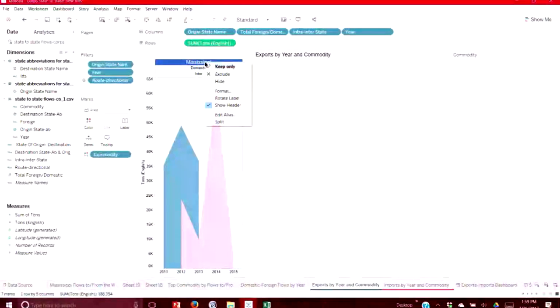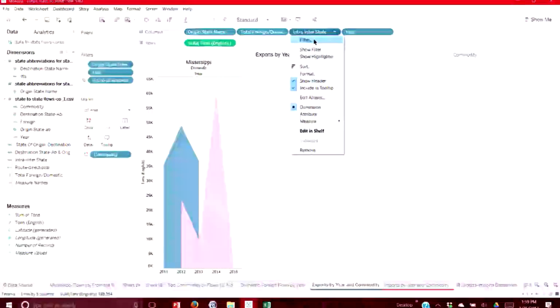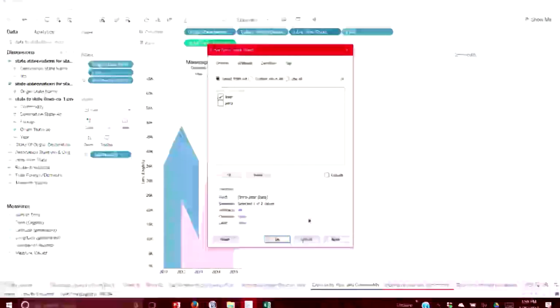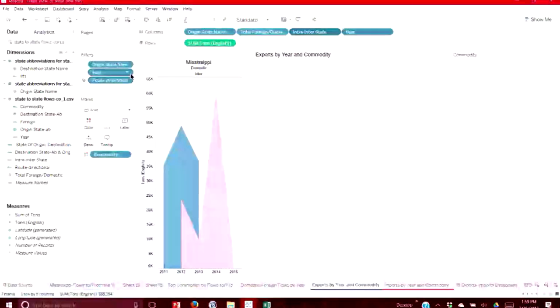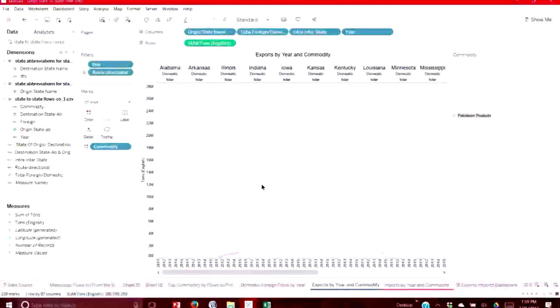So here I actually have to type in, I still have Missouri, Mississippi up here. Imports, exports.